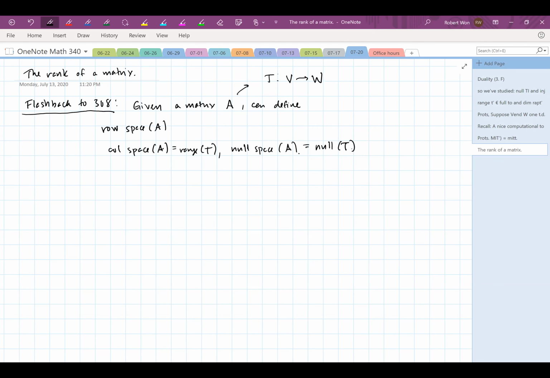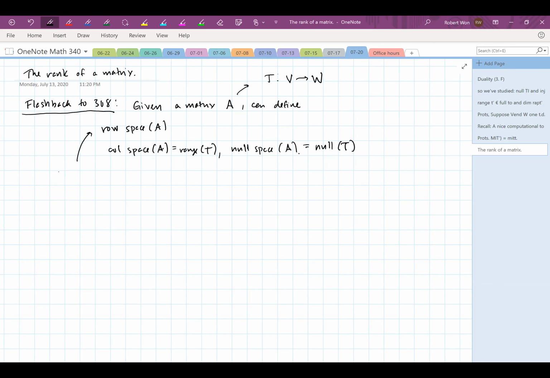Okay, I remember teaching this many times in 308. I've taught 308 a lot of times. So you define the row space, the column space, and the null space, and then I sort of say, well, we're not actually going to talk about the row space all that much. The column space is important because it's the same thing as the range of the linear map. The null space is important because it's the same thing as the kernel of the linear map. And then the row space is something else. So one question that maybe should be lingering from Math 308 is, well, how is the row space related to everything?